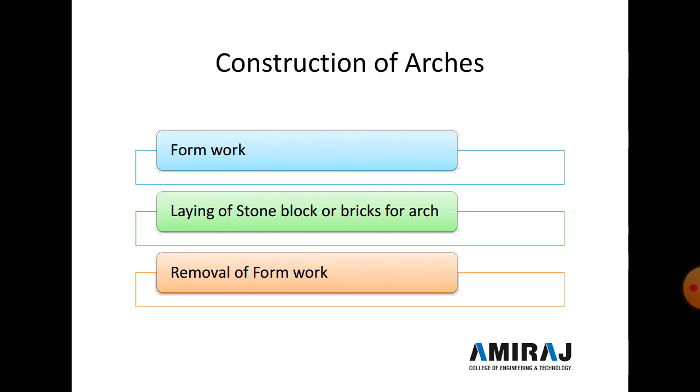Installation of the formwork is a temporary structure, and formwork supports the material used for the arch, and after gaining the required and sufficient strength, the formwork is removed. The centering or formwork is made of steel or timber, and timber centering is simple and cheap, and is generally used for moderate spans. It can be reused many times because it is simple and easy to install and dismantle.